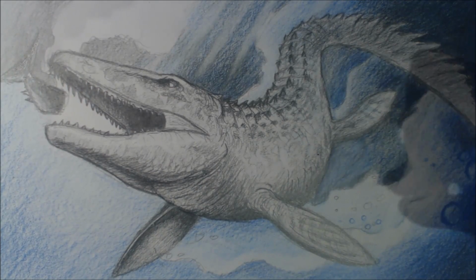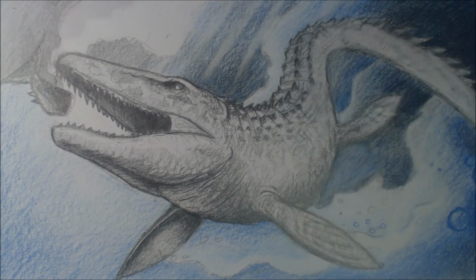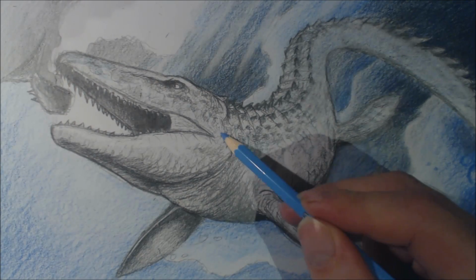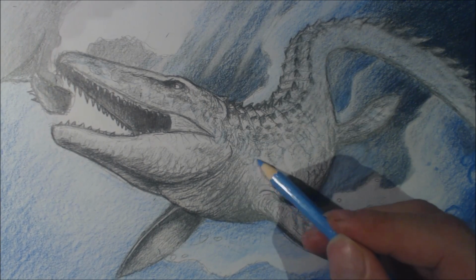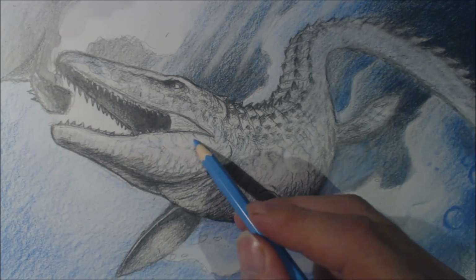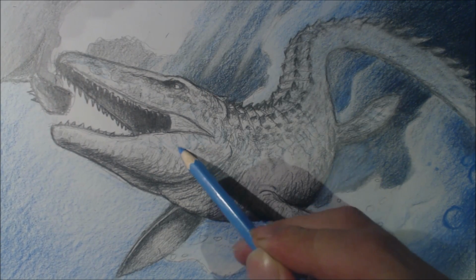I think what I might try and do is just erase down here and then go over it with blue. So you can kind of tell now what I mean by using one basic color and then making it a graphic-y style, like black and white, but with one color as a selective color. And I'm gonna put red in there as well for the blood,